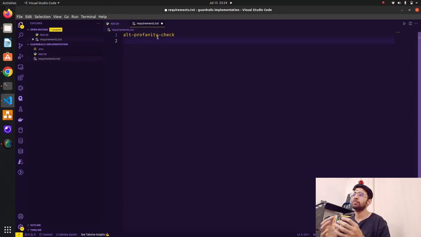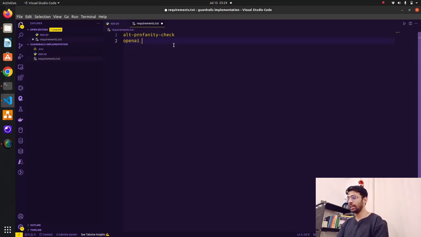I will use a kind of text or sentence that the LLM should not return a response to when we implement guardrails. I will use some explicit or vulgar content that needs to be moderated in the real world when we are expecting output from a chatbot. So that's what we're going to do here. I'm going to use alt-profanity-check.